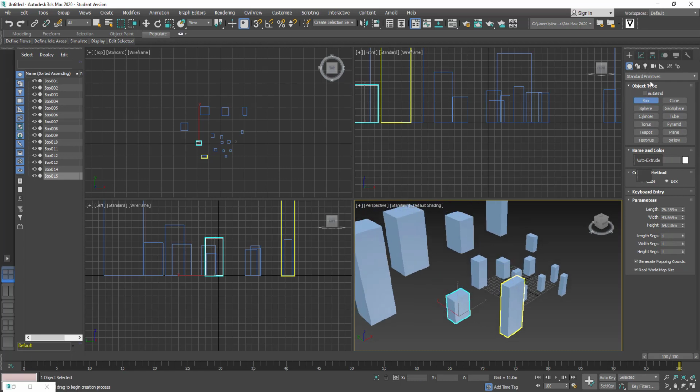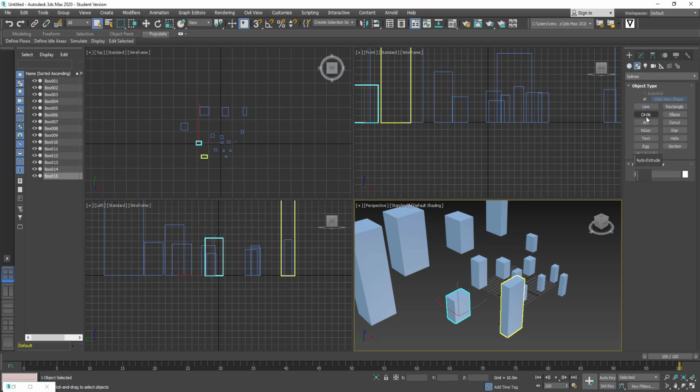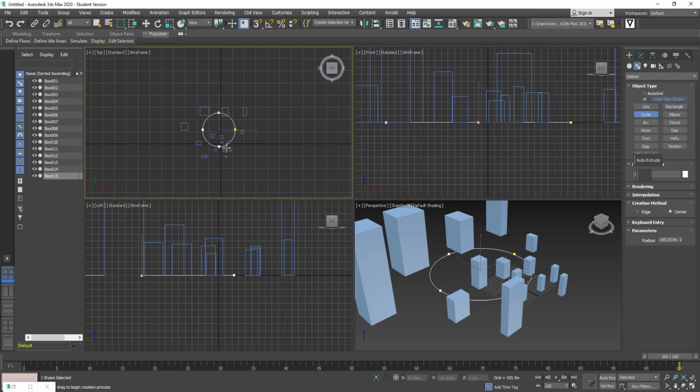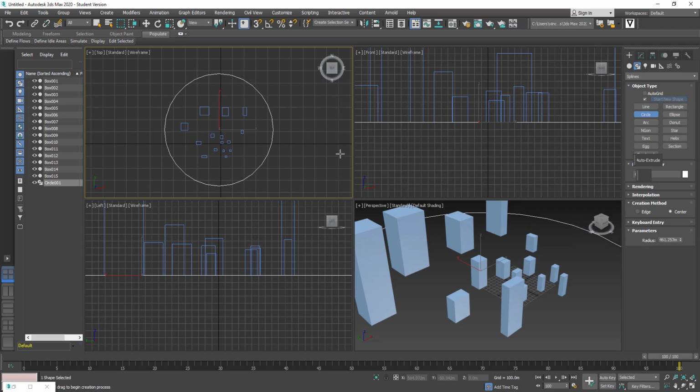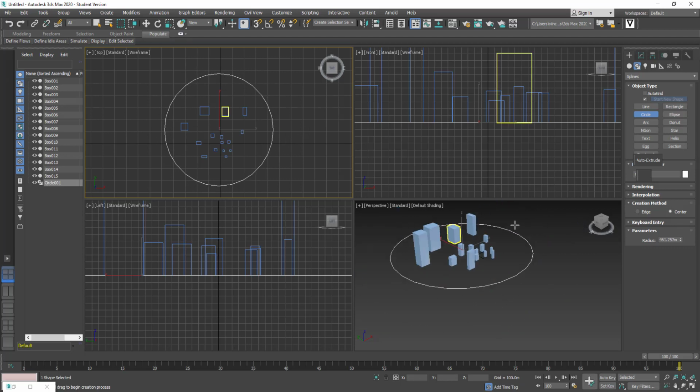to go to the create panel, go to shapes, and just create a circle. And just create a circle roughly around the perimeter of the shape. So you can see in perspective view, we've got the perimeter of a circle, and this is the path that the camera is going to basically follow as it circulates